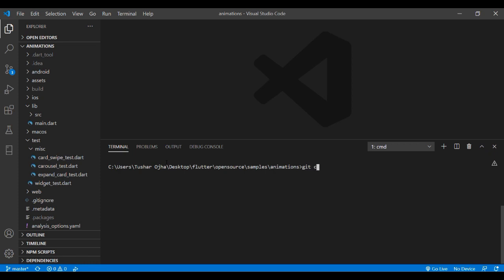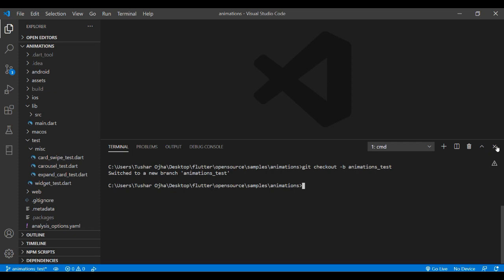I'll write this command, git checkout -b, to create a new branch, and I'll name the branch something like animation tests. Okay, so I use this command. Now I have already switched to my new branch, which is currently local. If I check on my GitHub, I will not be able to find this branch because it's currently just on my device. So what I'm going to do next is make some changes.